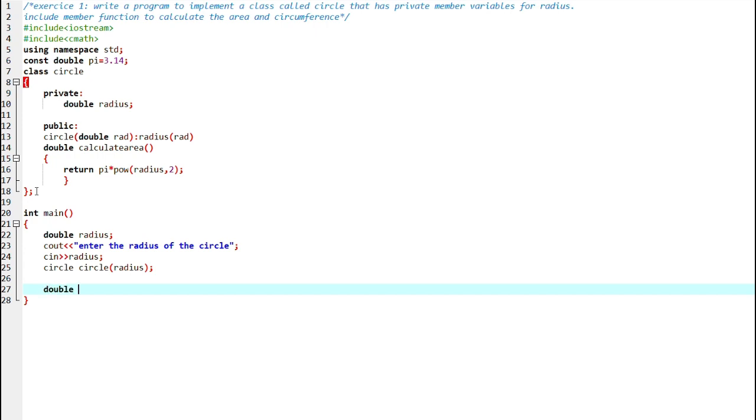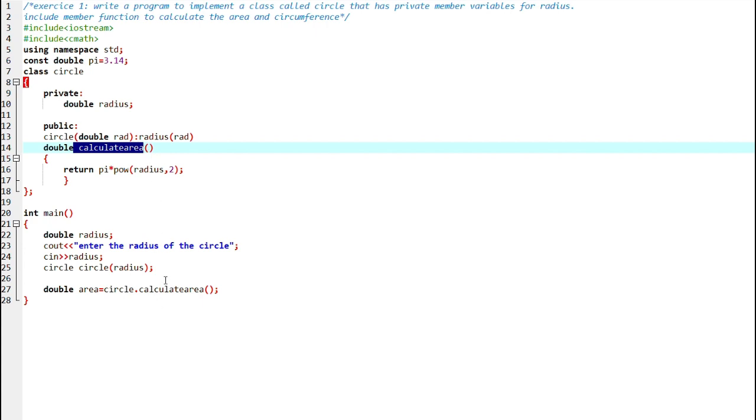Double area equal to circle dot calculate area here. I called this function calculate area,